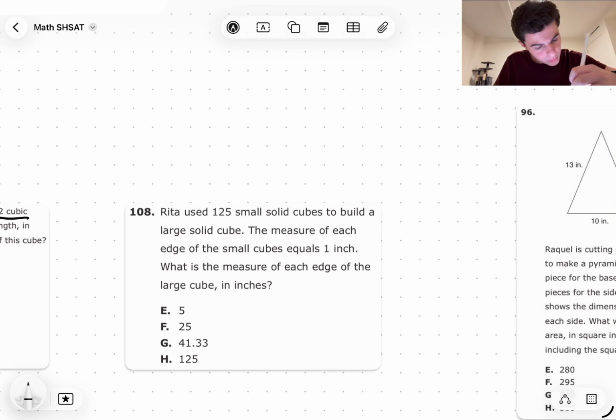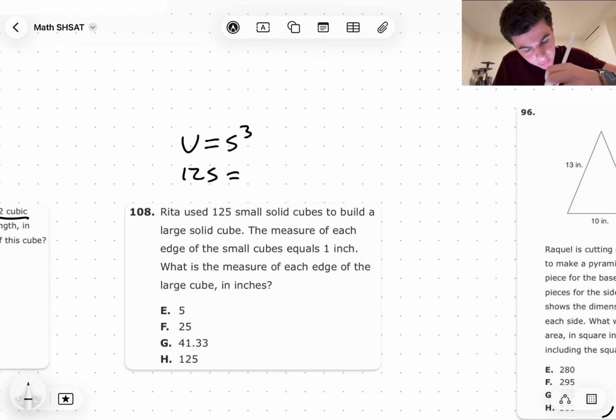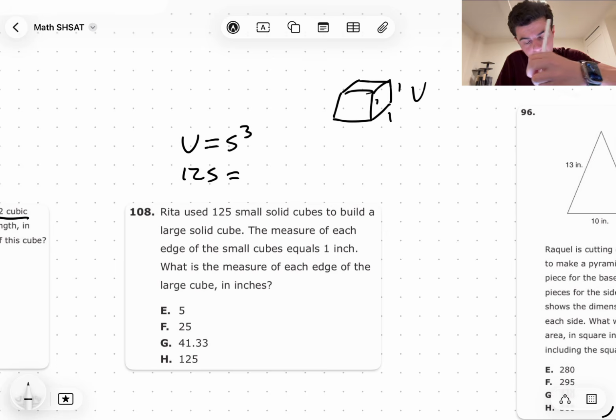So again, using our formula V equals S cubed, right? We don't know the volume of this thing, but we do know that the combination of all of them is going to be 125, because each of them has an individual volume of 1, if they have a side length of 1. Let me just demonstrate this to you. We know that this is 1, this is 1, and this is 1. So the volume of a small cube has to be 1,